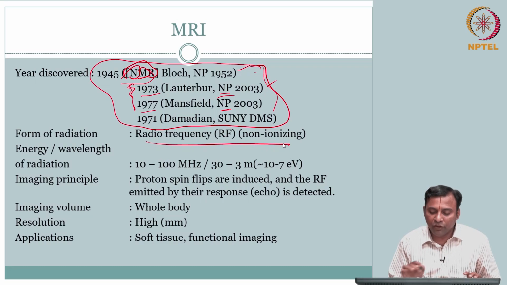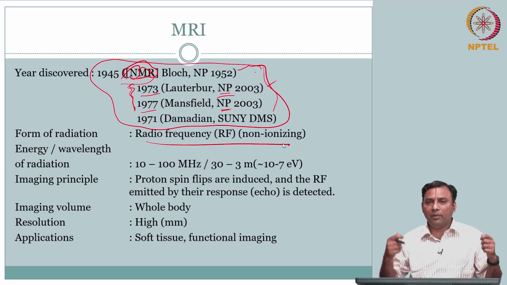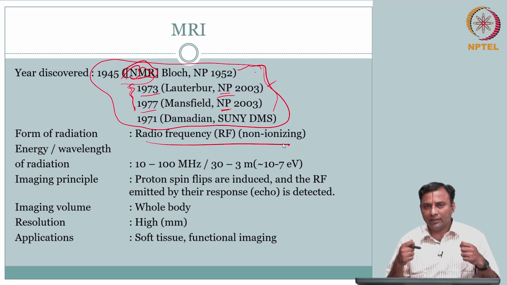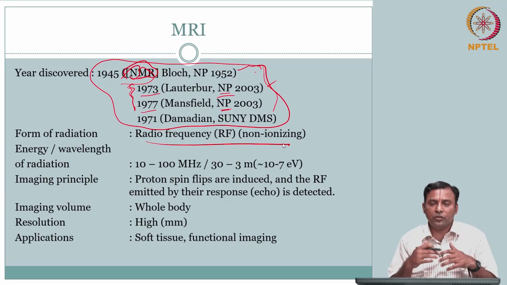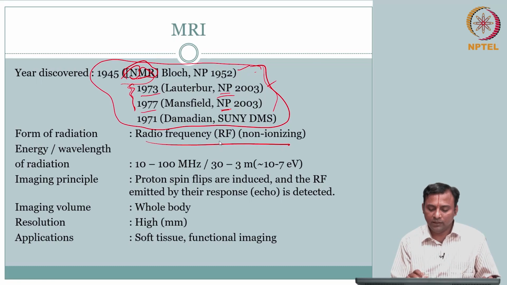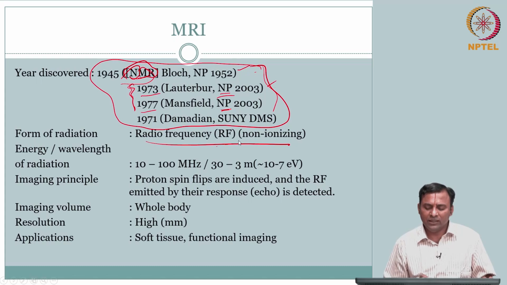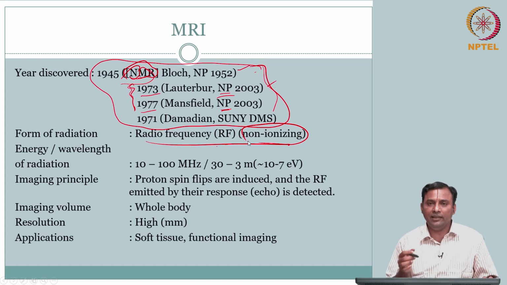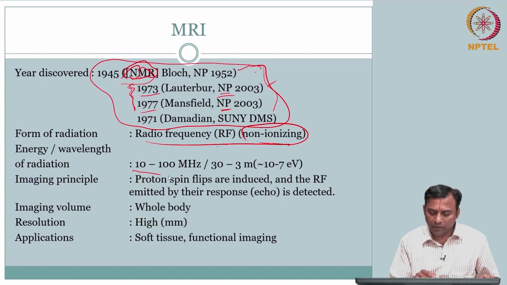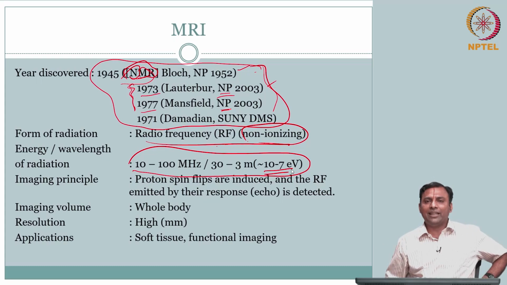But again, radio frequency, where is this radio frequency coming from? There is the magnetic part, and then you are going to have another set of electronics to make the nuclear spins happen. There are a lot of frequencies involved to make the nuclear spins, and that happens to be in the radio frequency range. So it is not ionizing, that is the key. It is also a safe modality in that sense. It is already low energy, so from a safety point of view, there are no known worries about MRI.